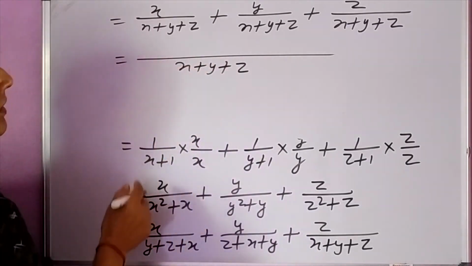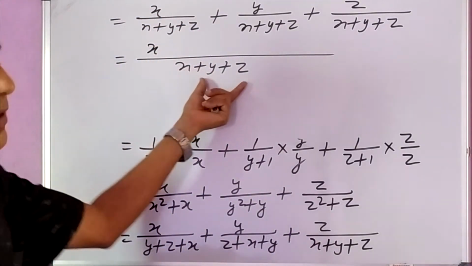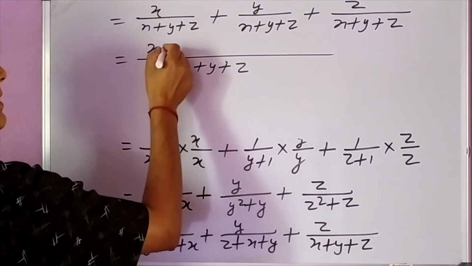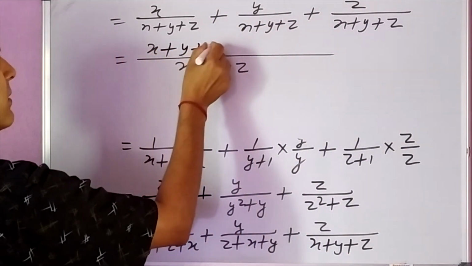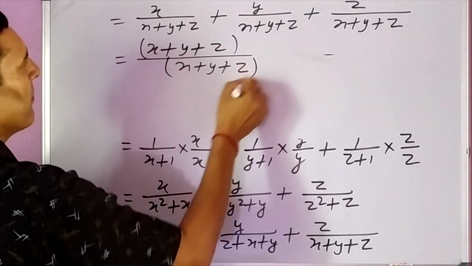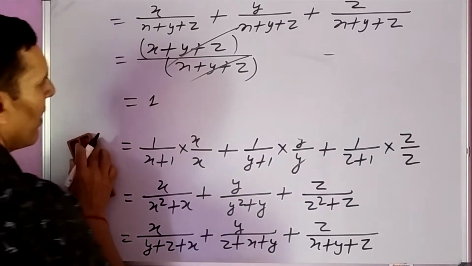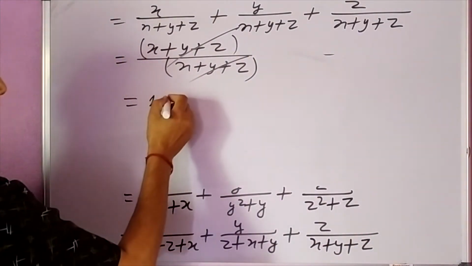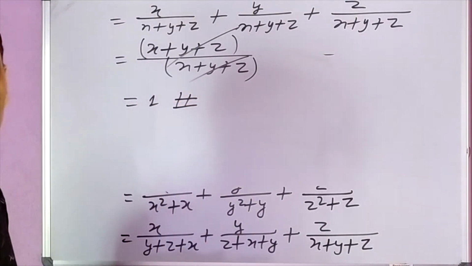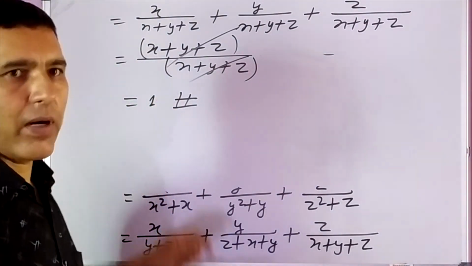So what we get in the numerator, what will remain here is its denominator and the LCM is the same. Our numerator remains the same, x plus y plus z. So keeping this inside the bracket, if this and this cancel, we get the answer 1. So the value of this expression, which we have to find out, is obtained as 1. So this is the required answer.